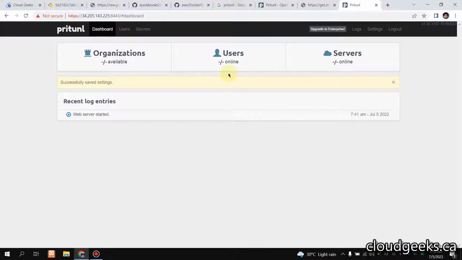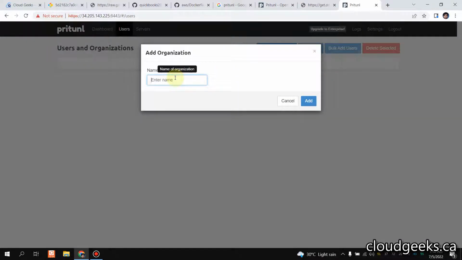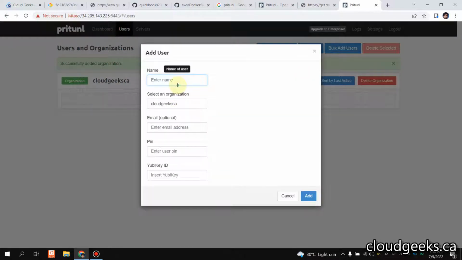Okay, guys. Now we are going to simply click this user, right? And first of all, I'm going to add an organization. I'm going to add CloudGeek CA, and I'm going to add one user, Austin, right? info at